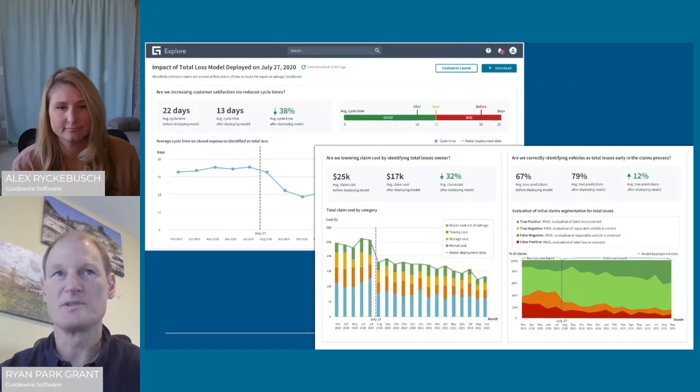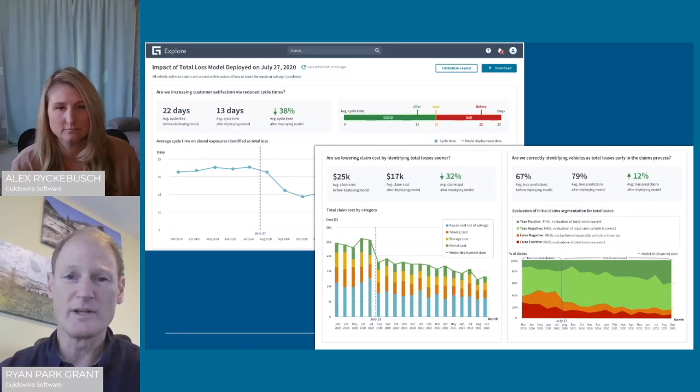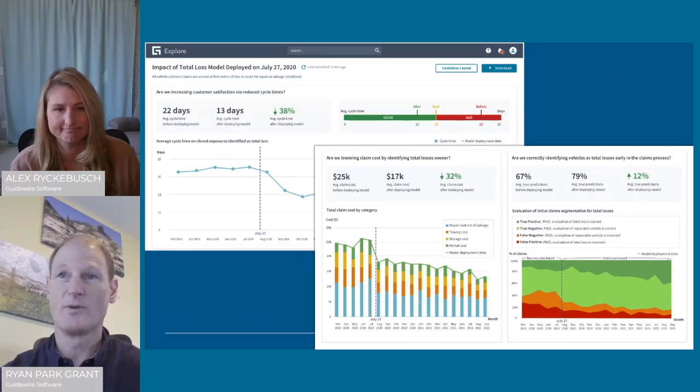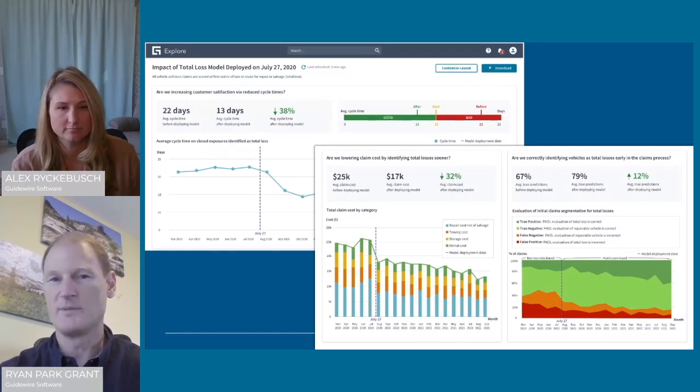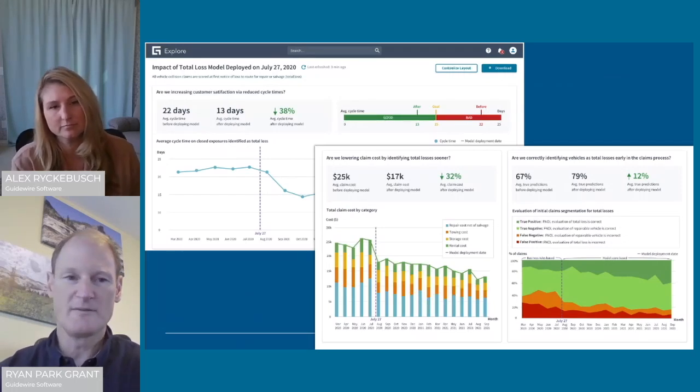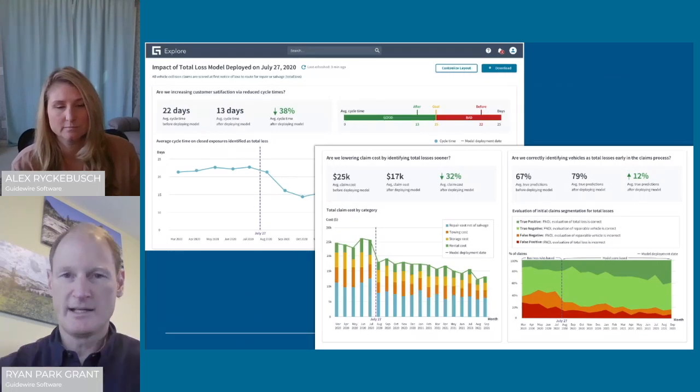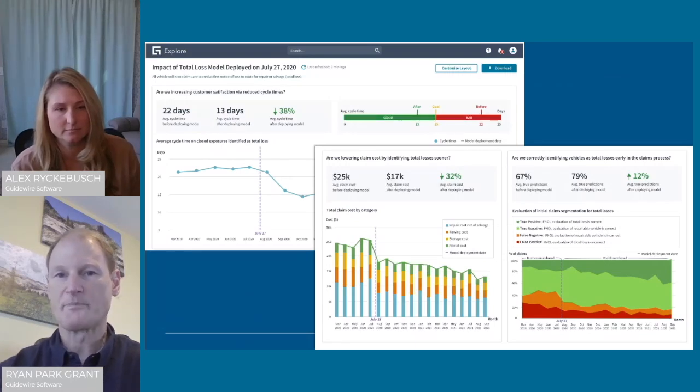So there's some examples here of, in this case, total vehicle loss model. We wanted to bring down cycle time to a certain point. We wanted to bring down our expense ratio. We wanted to get better over time at predicting, whether it's one or the other, so that we don't have people saying later, oh, you got that one wrong. So whatever those things may be for the particular use case, going in at the beginning and in doing that operationalization that we were looking at in the core workflow, there's the ability to say, am I impacting my KPIs?